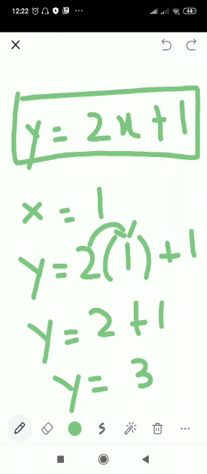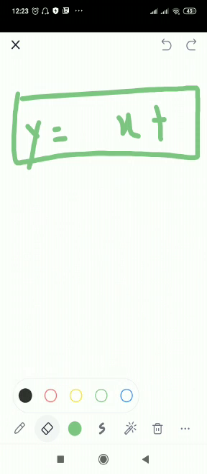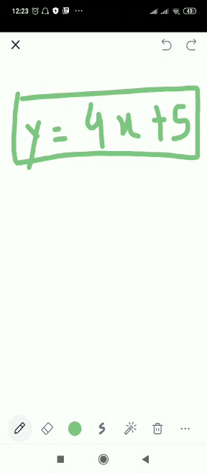In your book, exercise 6a, we have a question, question number 3. The equation of a function is y is equals 4x plus 5. Here you have 4x plus 5 given, right? Here I gave you 2x plus 1. The question you have in the book has 4x plus 5 given, okay? And the value of x is also given, that if x has this value, then you have to find both values of y, what y will be. 4x plus 5, okay? So we will first multiply every x value by 4, and then whatever your answer is, we will add 5 to it, okay?